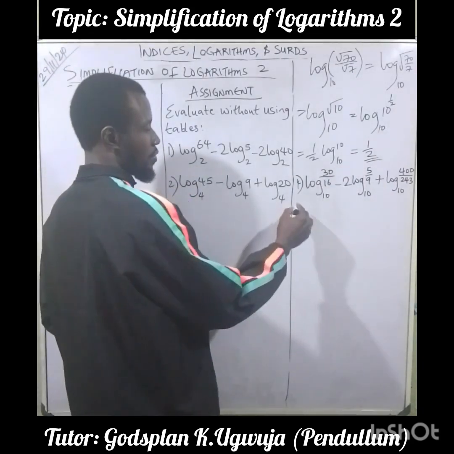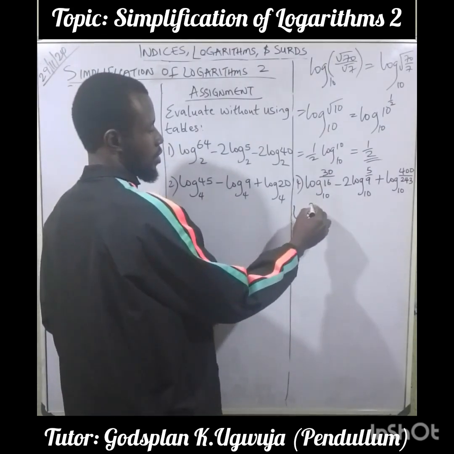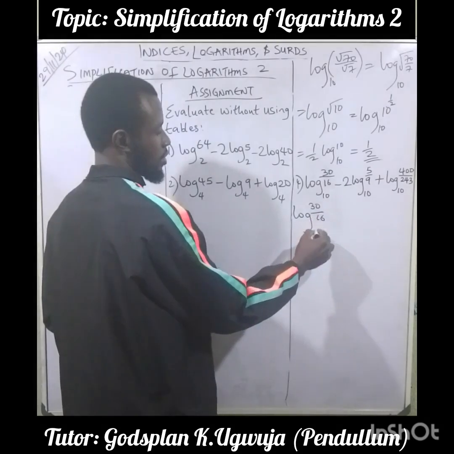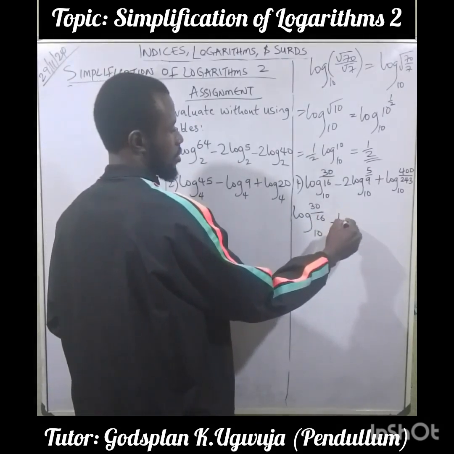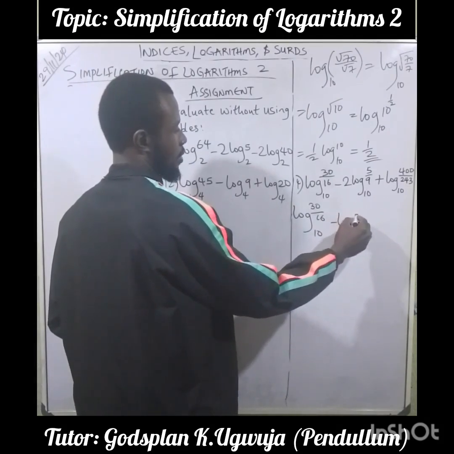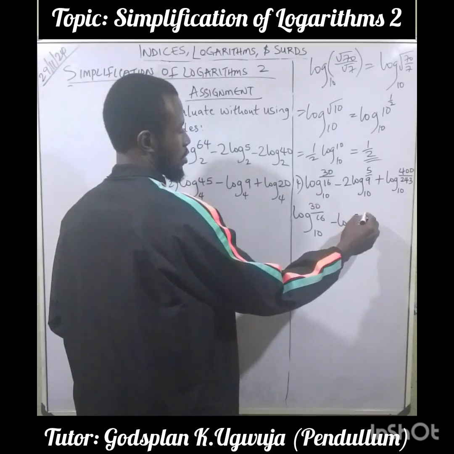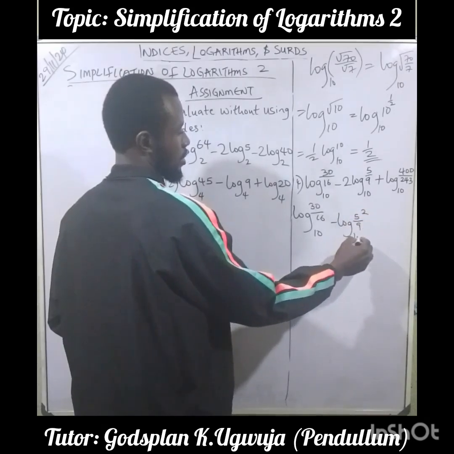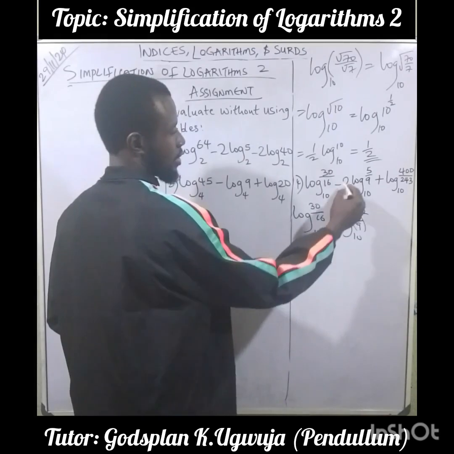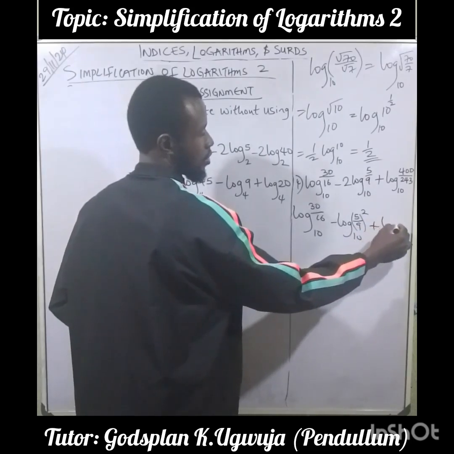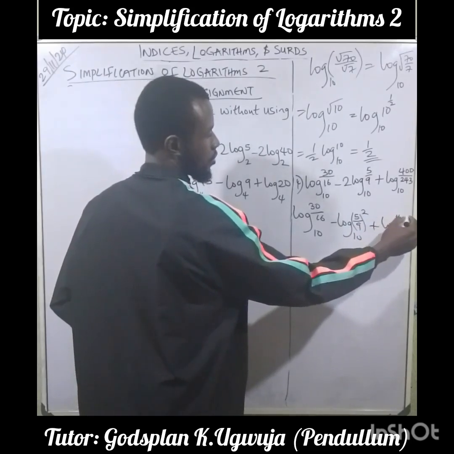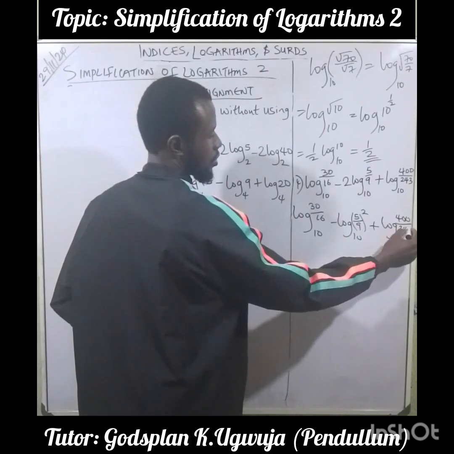First thing we do, so we have log 30 over 16 base 10 minus log 5 over 9 base 10, then raised to power 2. That's what this means. Plus log 400 over 243